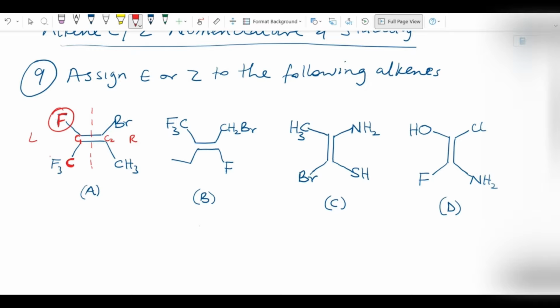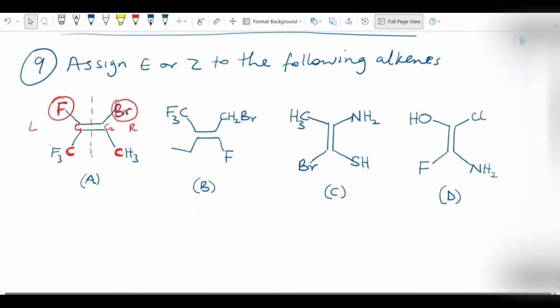So that fluorine has the higher priority. On the groups on the right-hand side, bromine has a higher atomic number than carbon, so we're going to give this group the higher priority. Now, when two groups are facing the same side,